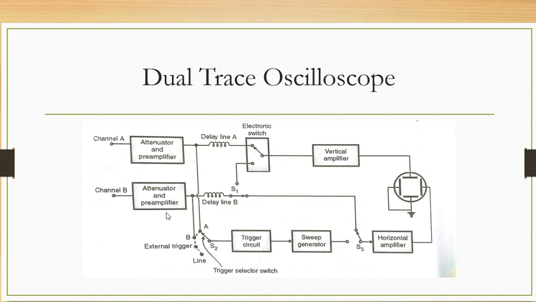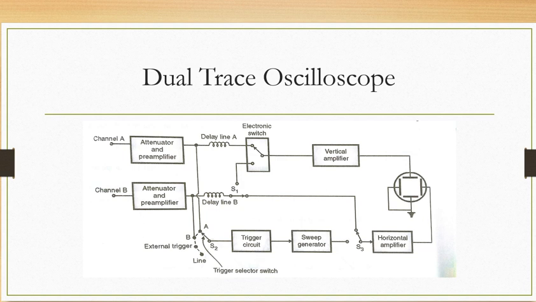So I think the basic working is now clear to you. Let us discuss more about the alternate mode in this case. I think you better understood the working of S1, S2, S3. S1 and S3 are used for connecting the signal to the vertical and horizontal amplifier, and the trigger selector switch can be used to connect the channel A trigger, channel B trigger, external trigger, and line trigger. I think this much is sufficient, and this basic information is very important.